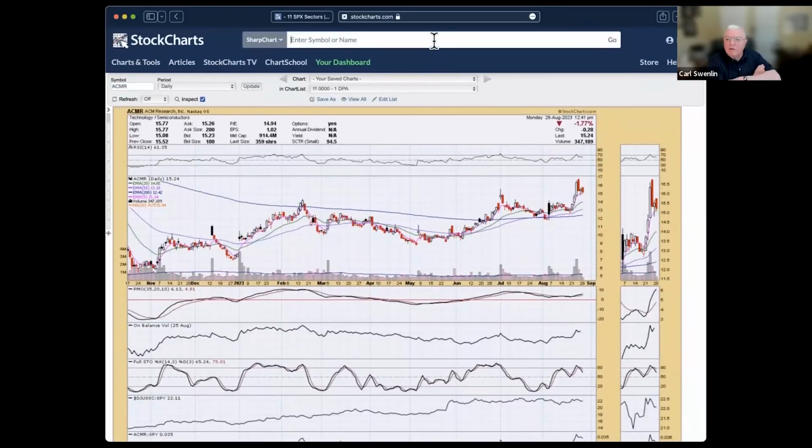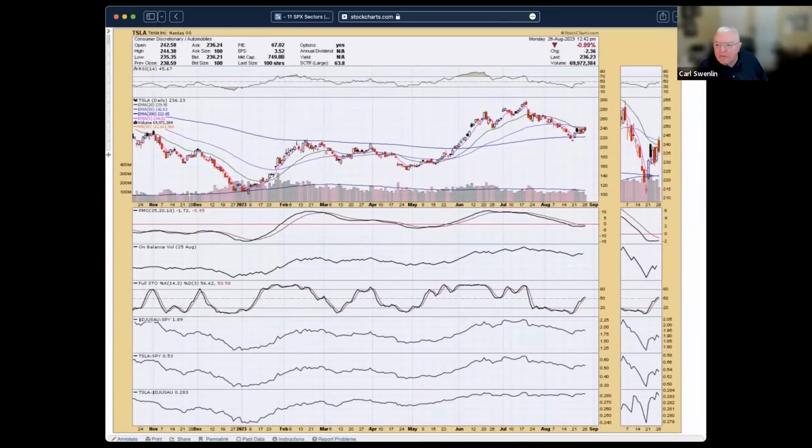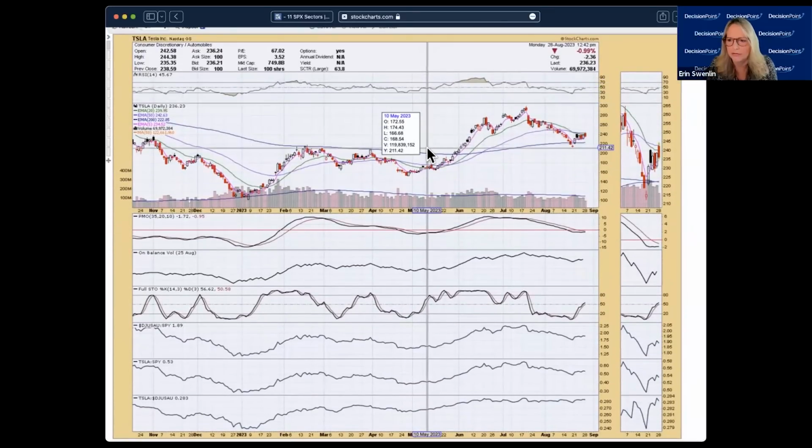Okay, take a look at Tesla. We covered it, but I didn't answer this question. What is support and resistance test for Tesla stop level? Okay, so here's our support level at about 211. It looks like.